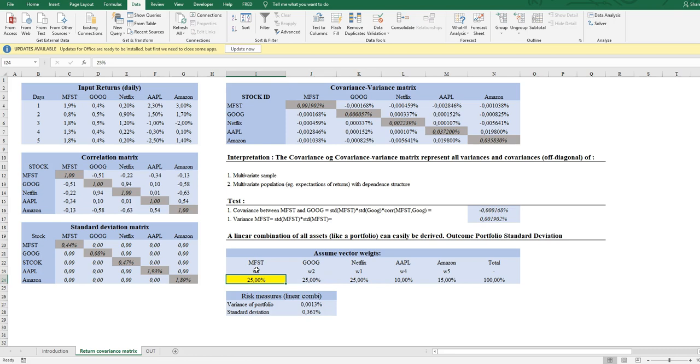And here's a simple example with the 5 stocks and how much they weigh in a portfolio, summing to 100. And then I have to do some simple calculations again with the matrix multiplication, and I will end up with a variance of a total portfolio, and I'll end up with a standard deviation on the total portfolio based on